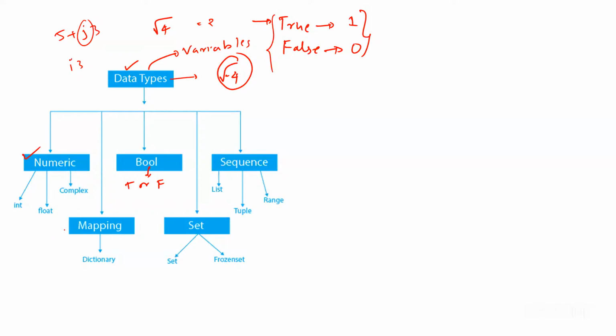Okay, and there come some other different types of variables. These are also called data structures. Here comes one more thing, string, that is not shown here, that's fine. These are called the data structures. What all these things are, we will come back to again, but these are different types of variables. One is sequence. Inside sequence, we have list, tuple, range. We have set, or frozen set, and mapping, which is dictionary.